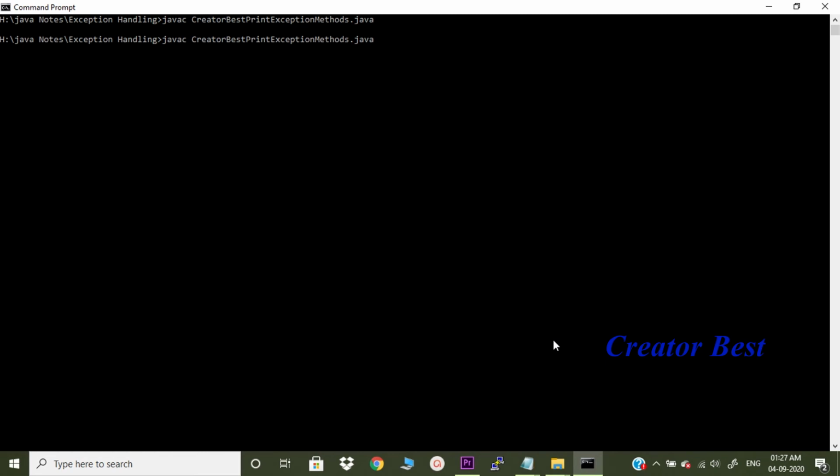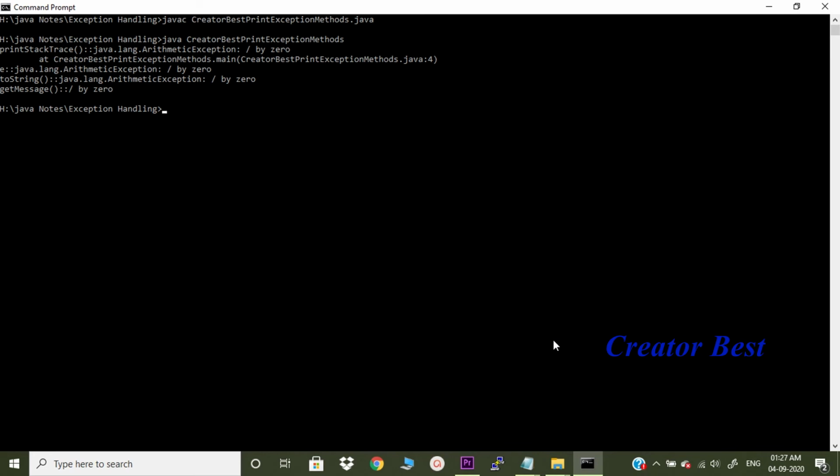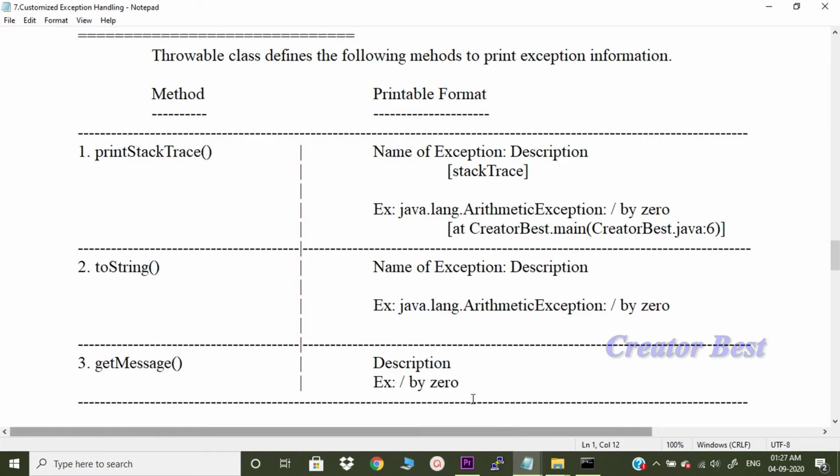Compiled. Let us run this program. See, printStackTrace is giving you the entire message, like the name of the exception, description, and this stack trace.